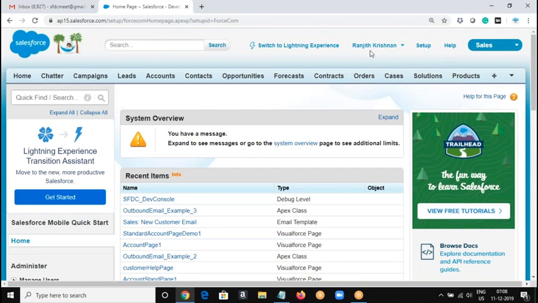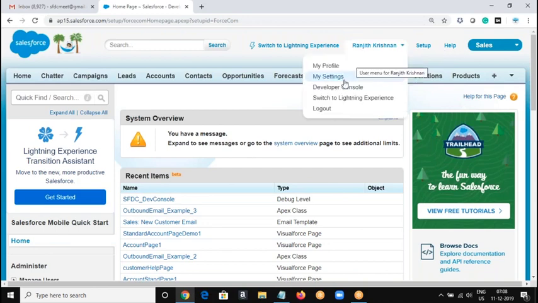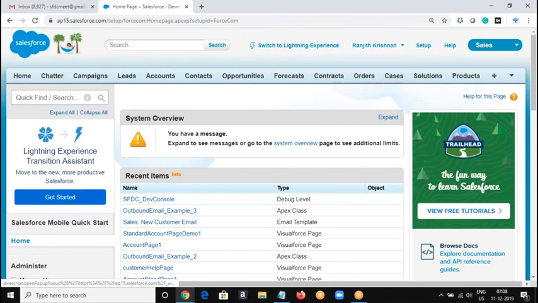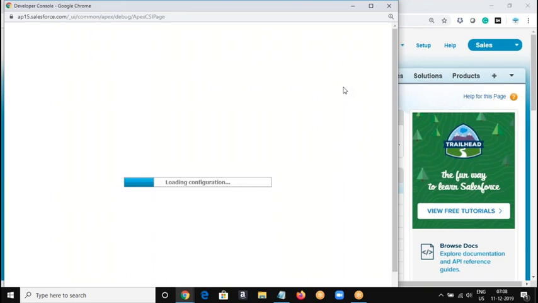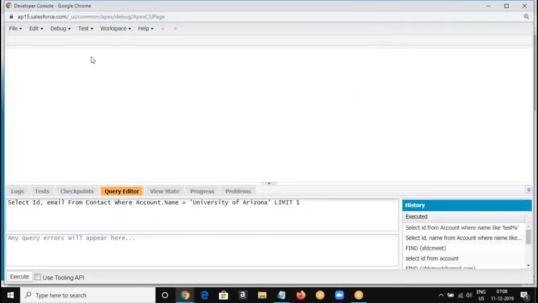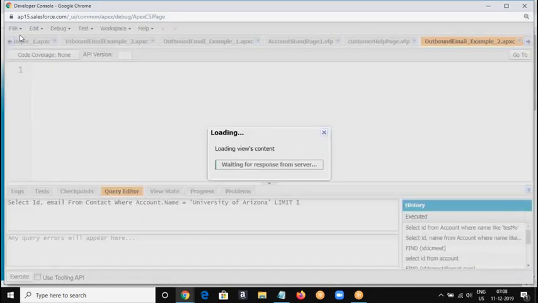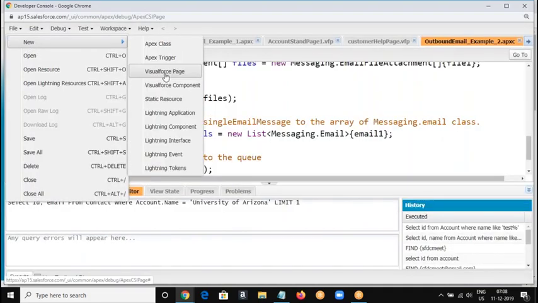So today's topic is going to be extensions, right? Extensions are used to extend your current file. Okay, if you take any Visualforce page,